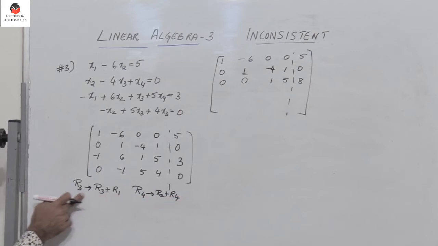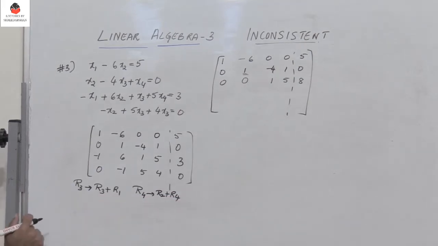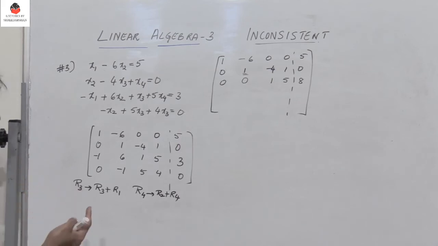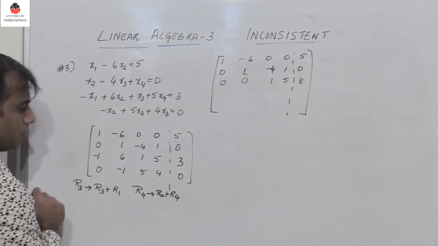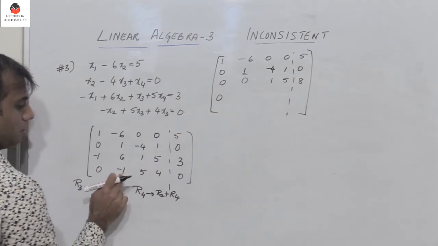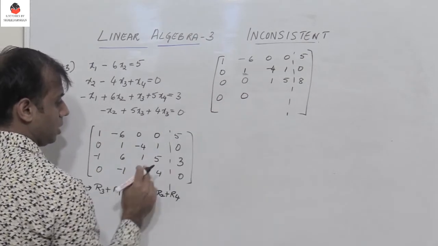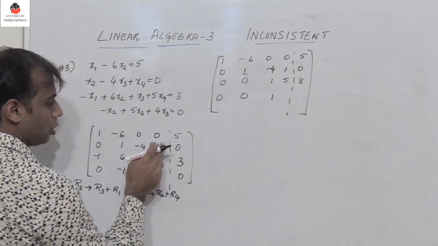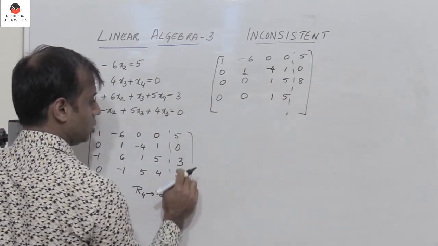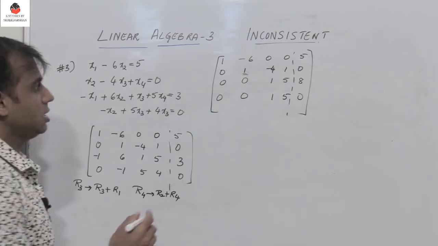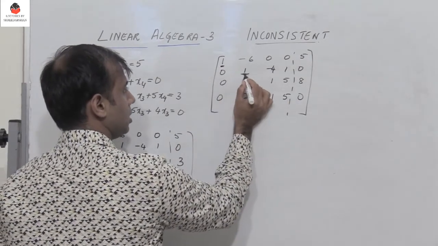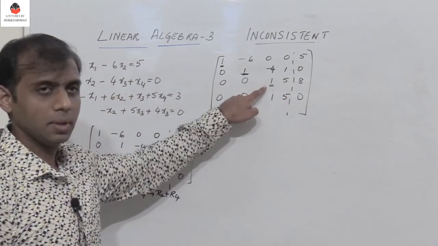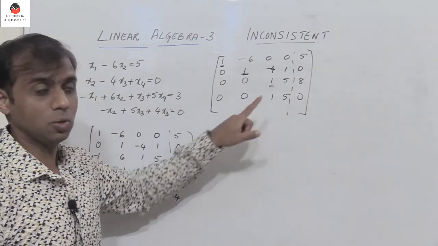In the previous elementary row operation, row 2 and row 4 were unaltered, so I can perform this row operation. So I have 0, minus 1 plus 1 is 0, 5 minus 4 is 1, and then 4 plus 1 is 5, and 0 plus 0 is 0. So this is the pivot element. This is again the pivot element. The next leading entry would be 1 here, and I need to make the element here 0.